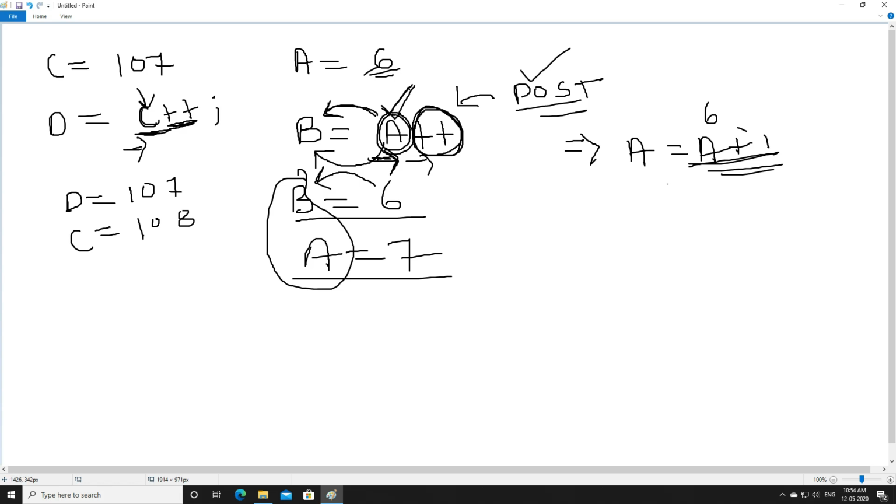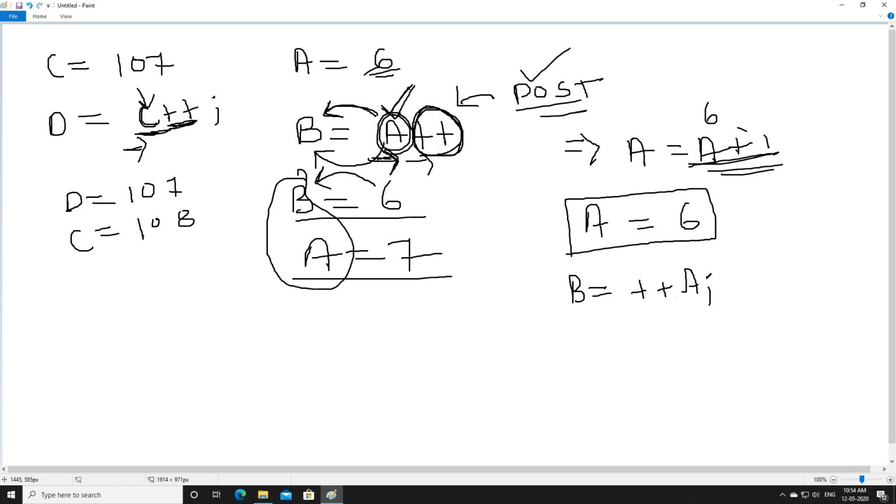What about pre-increment? Let's write the same example with pre-increment. Here we have a equals 6. The value of a is 6. Now when we write b equals plus plus a, this is called pre-increment. Why is it called pre-increment?